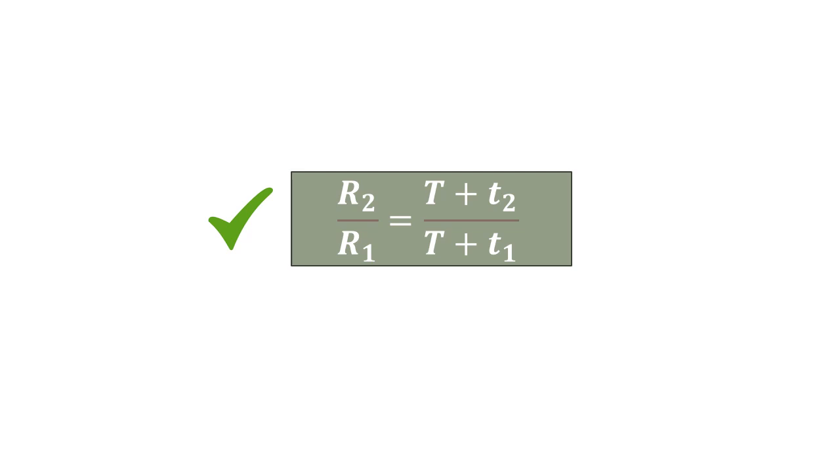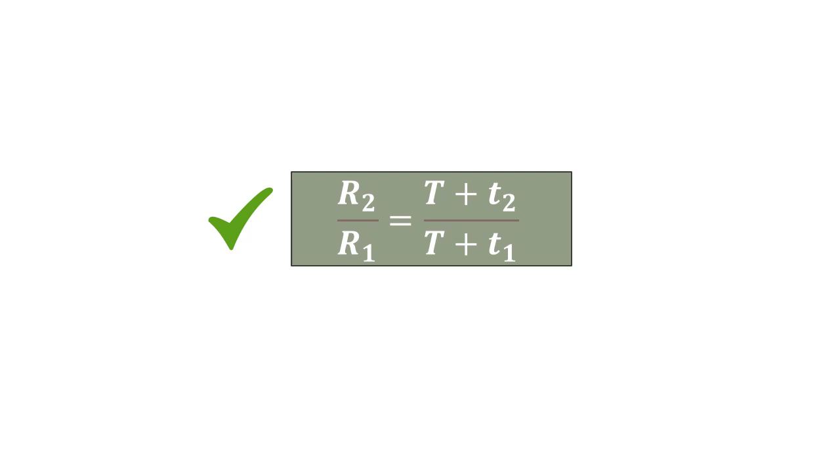So it is tempting to use higher values such as 100 degrees Celsius and its corresponding resistance as, of course, T2 and R2, because it is how we usually label our data in most of our problem solving. So we tend to use higher values for the second situation, that is R2 and T2.